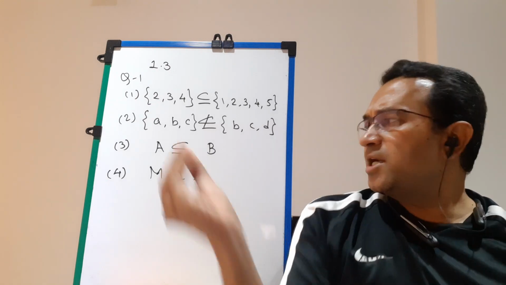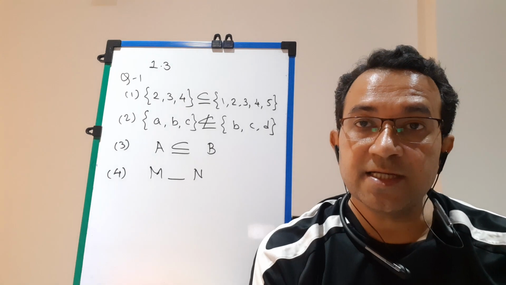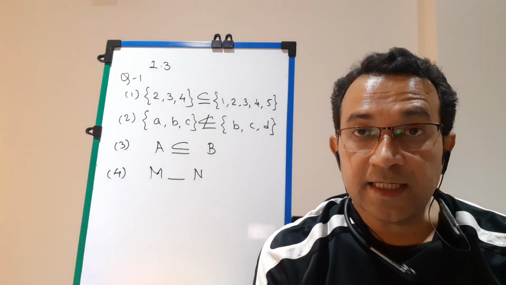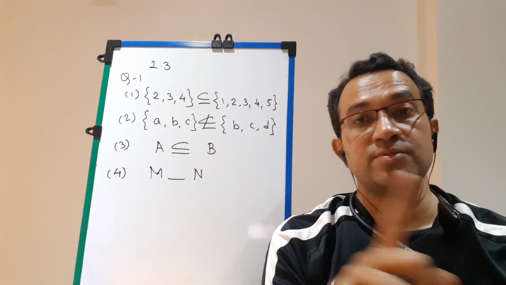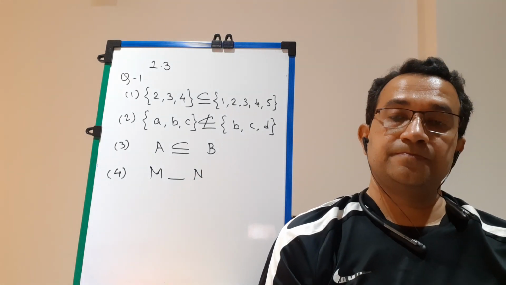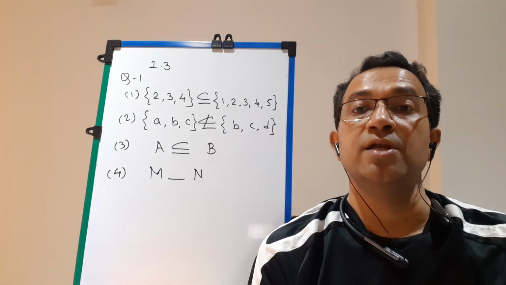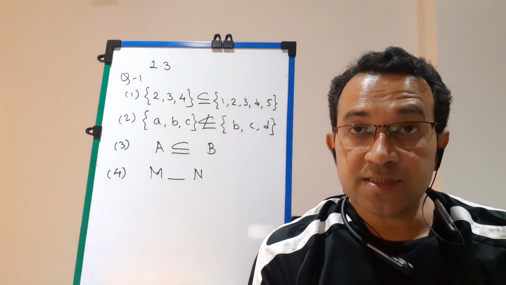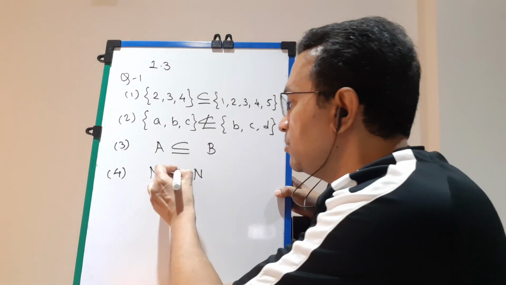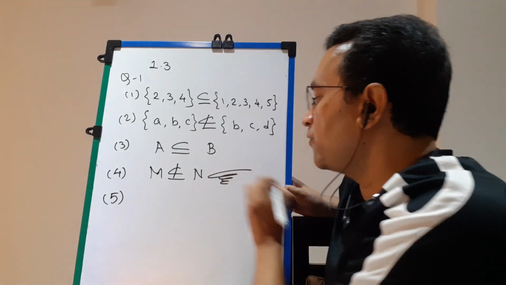So in the first set we have all possible circles of different radii, students, and in the second set we have only the circles with radius 1 unit. So indirectly the first set is not a subset of the second set, but the second set is a subset of the first. In the total circles in a plane, we will have circles with radius 1 unit. But the first set, students, is not a subset of the second. So here what should I write as the symbol? Not a subset. So be careful about this type of question.